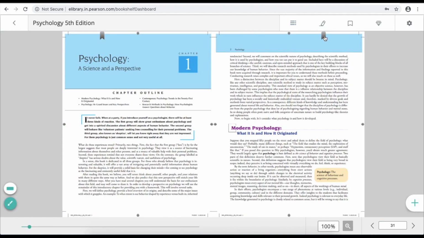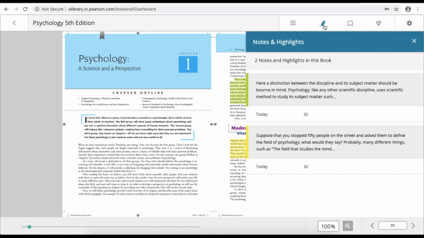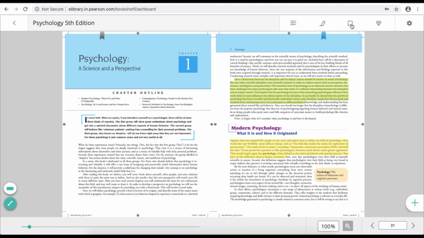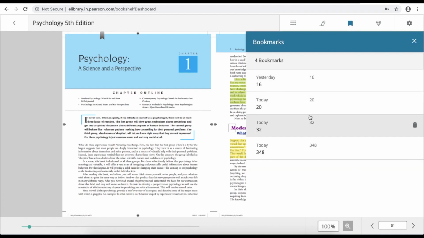Next on the same panel, we have a tool which helps to highlight the text, select the text or choose the color to highlight as per your color preference. You can also add notes which can be referred later on. You can also bookmark, check the bookmarks later, and directly jump onto the desired bookmark page.